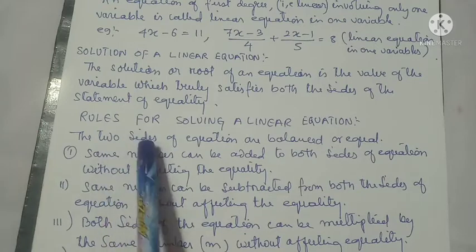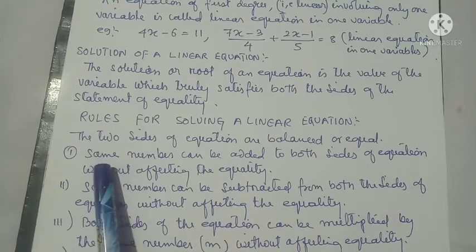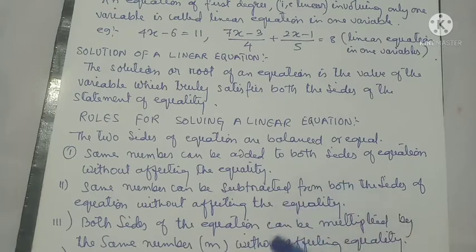Understand? To solve the linear equation, there are three types I have mentioned: the trial and error method, the systematic method, and the transposing method. So let's see this one method. The first one: the same number can be added to both sides of the equation without affecting the equality. This is a method of